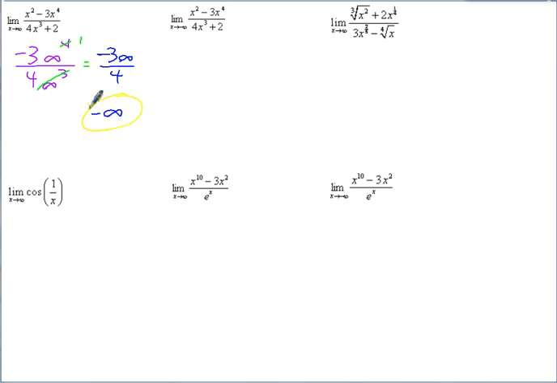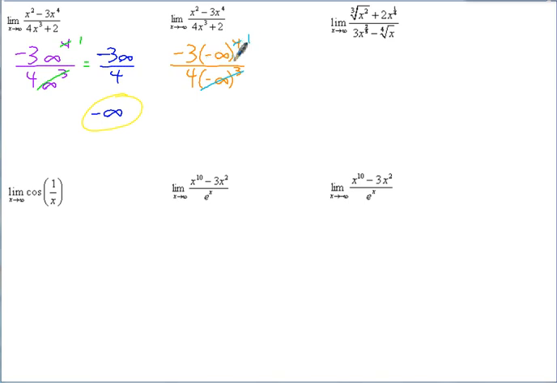And there's no horizontal asymptote with either infinity or negative infinity. On this one, if we substitute in negative infinity now, we'll have negative 3, negative infinity to the 4th, over 4 times negative infinity cubed. So those negative infinity cubed reduces out, leaving you with 1, which is important, because if you have negative